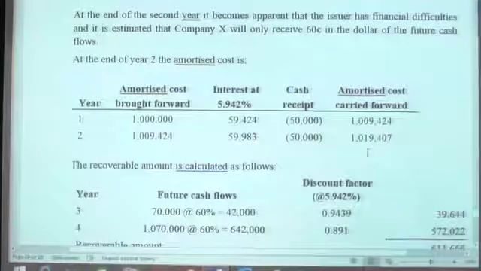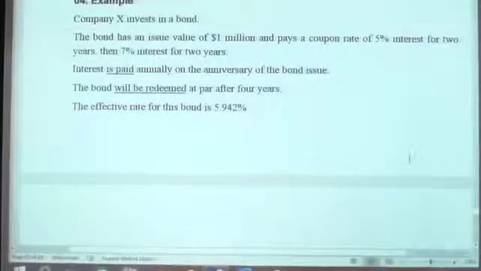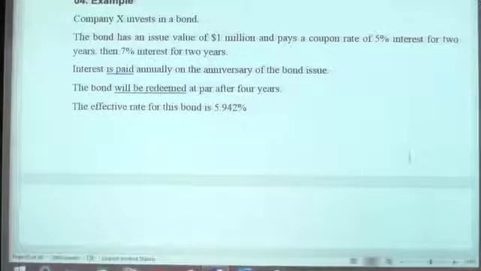At the end of the second year, it becomes apparent that, it's a nice example, right? Now, better to have this information first onto your sheets, right? Write down 4-year bond. Now, I don't know how you take it into your books of accounts as your short notes, but I will tell you how to take it down. When you summarize a question, don't just write down the information, right? This is a story about the timing, with the timing effect. Like this, summarize the question. You have a 4-year bond. This is the way you have to summarize.